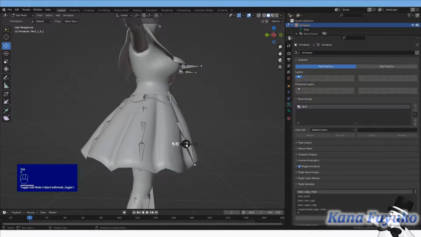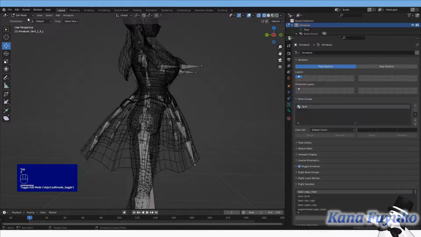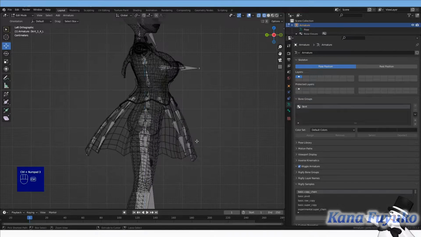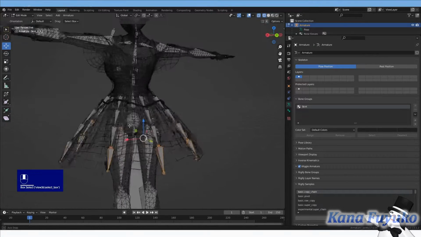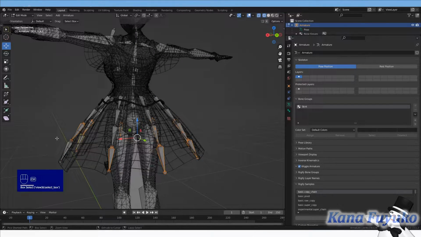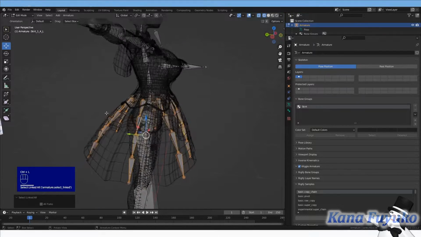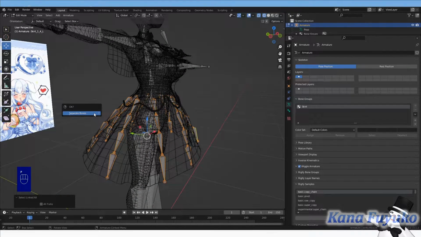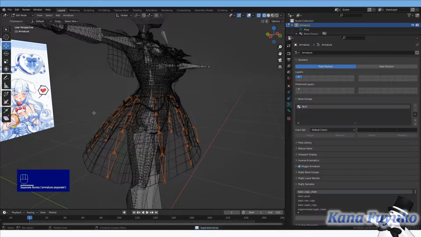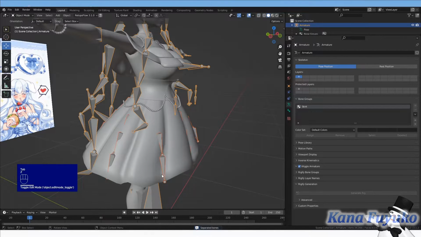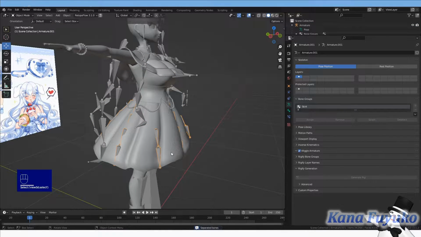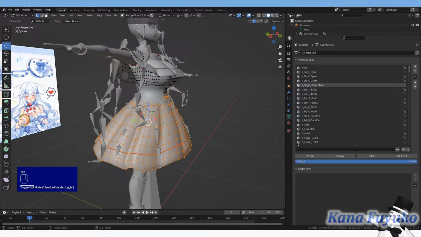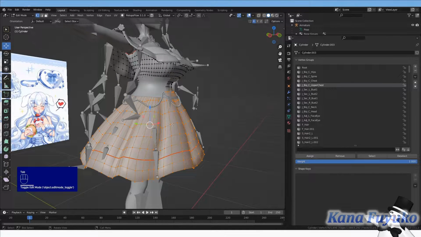But let's go ahead and get into edit mode on the armature. What we're going to do is extract the skirt rig right here and separate it. So we're going to press the P button and separate the bones, so that we can auto weight paint to the skirt. And you're also going to do the same thing with the mesh here. You're going to separate it as well.